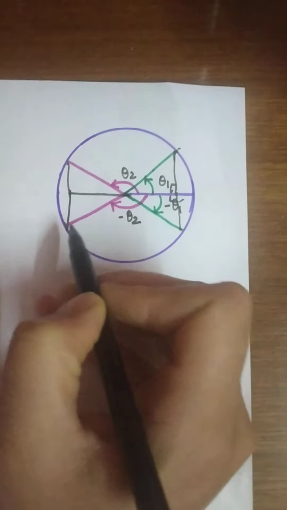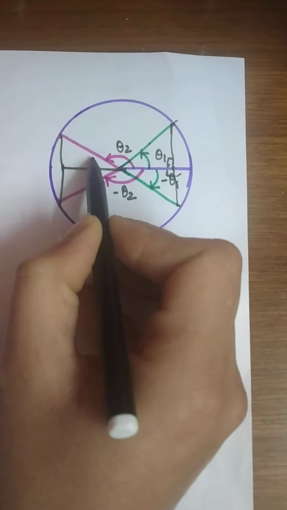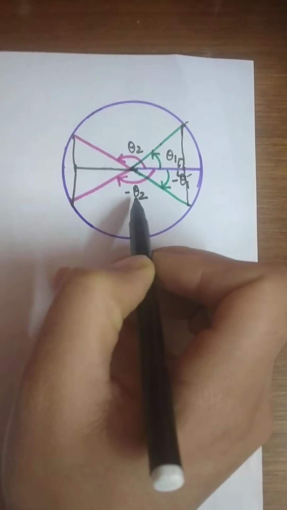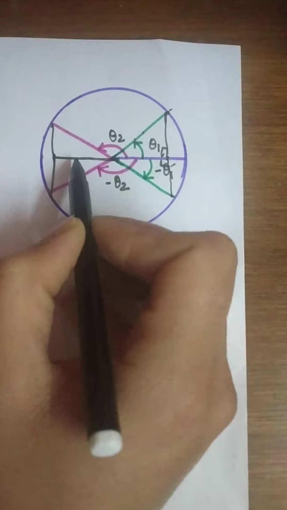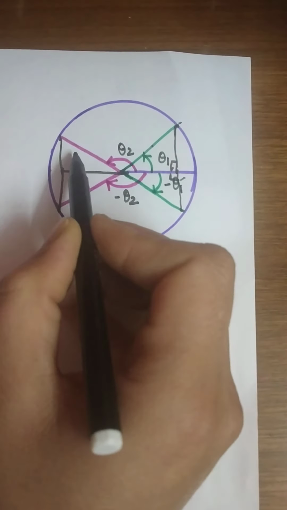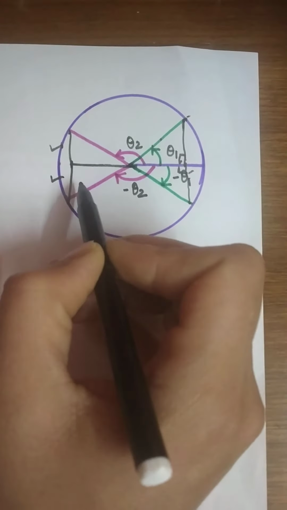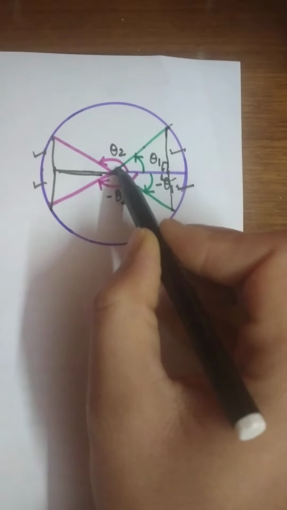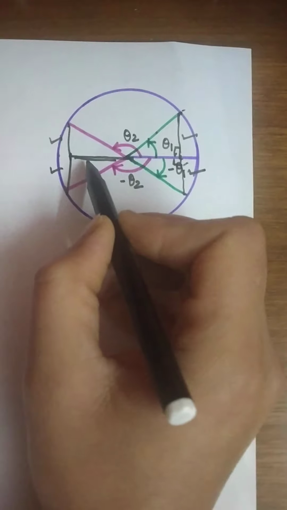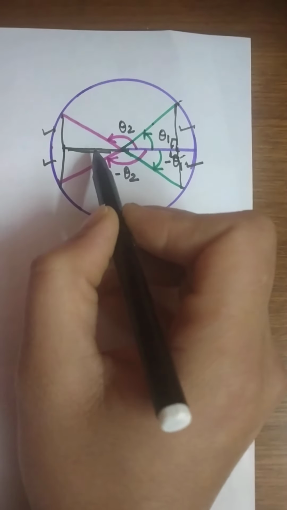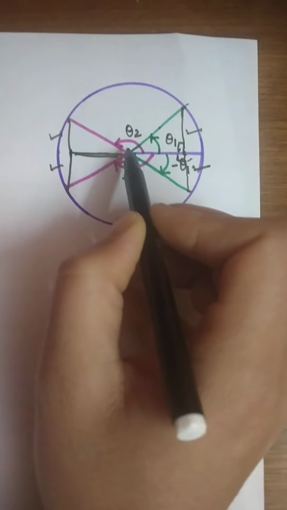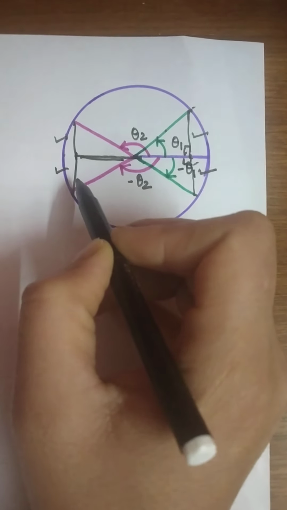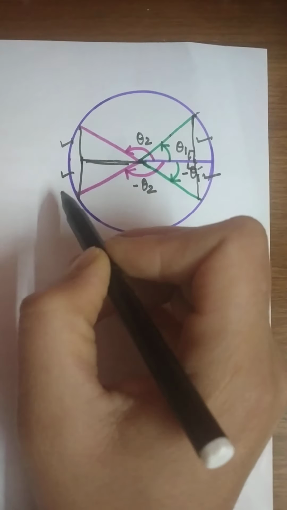Even these two triangles are congruent, because this angle is pi minus theta 2 and this angle is also pi minus theta 2. Okay, so these are also congruent. Can you see here something? As they are congruent, their perpendiculars are same, base is common. Here also, their perpendiculars are same and the base is common. Okay, so what does this give you? That means their cos component is exactly same. But their sine components are same in magnitude but opposite in sign.